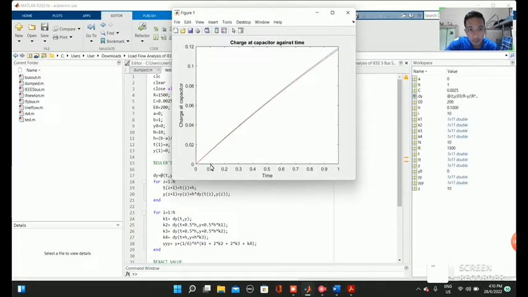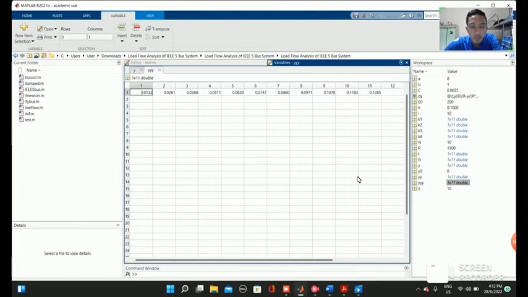And then we get the graph for the exact value and the Euler method. We can see the graph is near to each other. Okay, so if we want to see the values of the Euler method and the Runge-Kutta 4 method, we can see